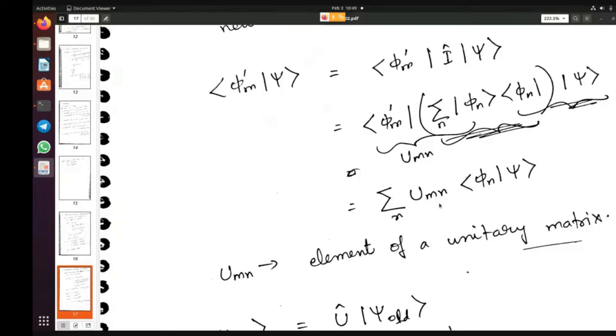So this is one of the things you can remember just by looking at it. If this bra phi m dash was not there, it is just a psi, then this is a vector. If it is a scalar product, phi m dash and psi, the full scalar product, then this is a number. And if it is something where a ket is multiplied with a bra, then it gives you an operator, because then it becomes a square matrix. Those are 2-3 different things. If you remember them, you will understand most of the calculations. Okay. All right.